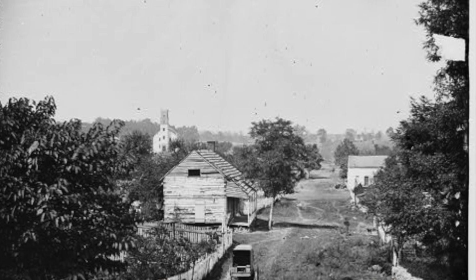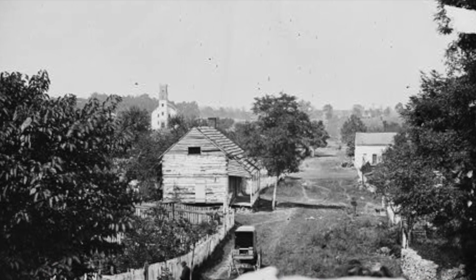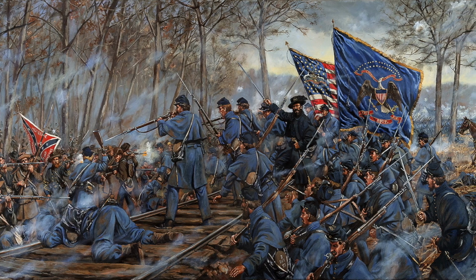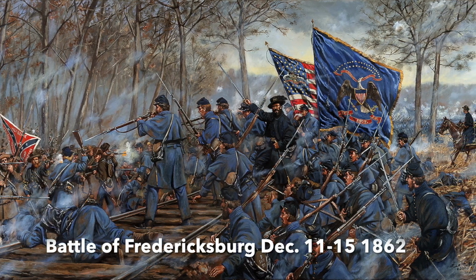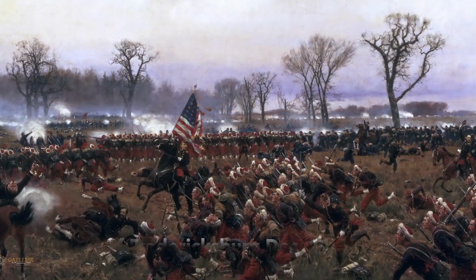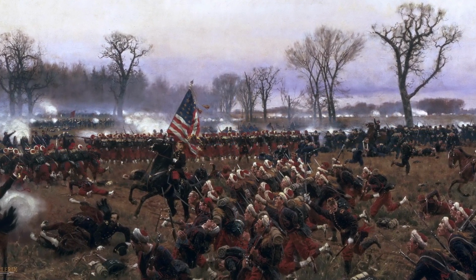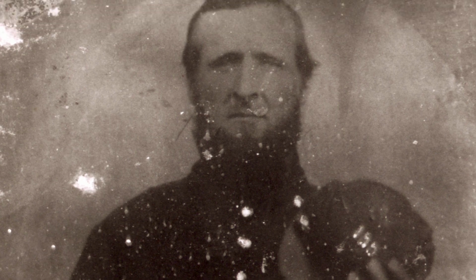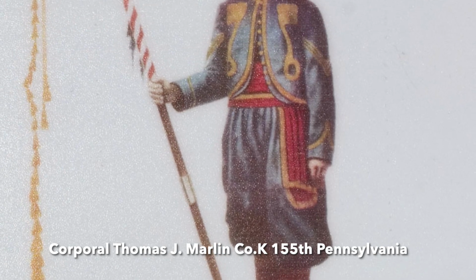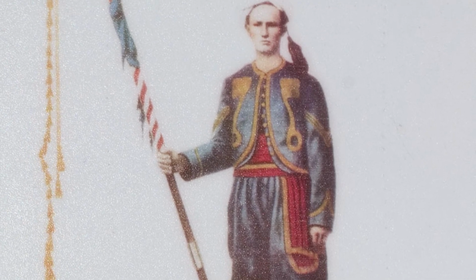From there, it went to Sharpsburg, Maryland after the Battle of Antietam. Their first introduction to battle came on December 13, 1862 at the Battle of Fredericksburg, Virginia, where the color guard suffered heavy casualties in an ill-fated assault. During its first years, the regiment wore the regulation uniform of the Union Army. But in February of 1864, they, along with the 140th New York, received a new uniform inspired by the French